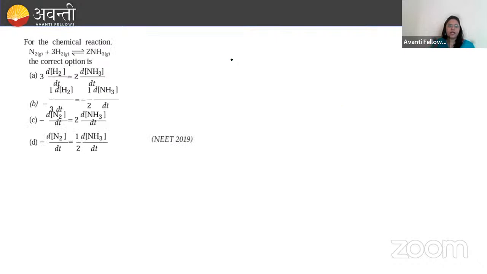For the reaction, N2 plus 3H2 gives ammonia. What we have to calculate here? The correct option is, तो यहाँ पे हमको find out करना है what will be the correct option. So A, B, C, D. So here rate for given reaction, that is N2 plus H2 gives ammonia. तो यहाँ पे rate क्या होगा? For reactant we write rate in terms of negative because reactant concentration is going on decreasing. So change in the concentration of nitrogen with respect to change in the time, okay, that will be equal to,